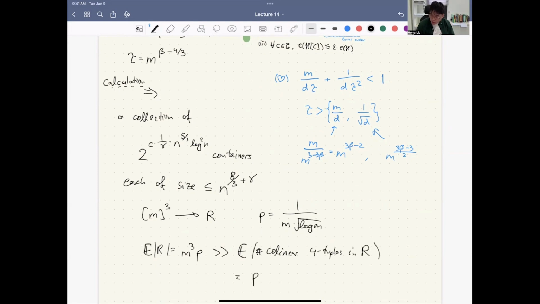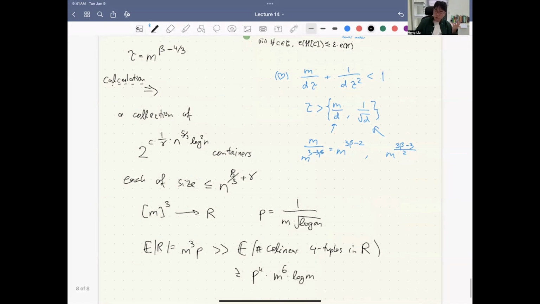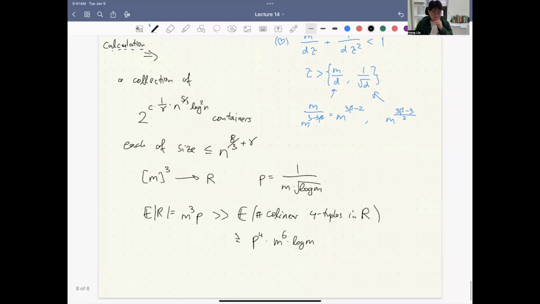For every 4 tuple, probability p to the 4, by linearity of expectation, of surviving in R, times the number of collinear 4 tuples, which we mentioned is at most m to the 6 times log m. We didn't prove it, but let's assume it. You can show that it's much bigger. So first moment deletion,